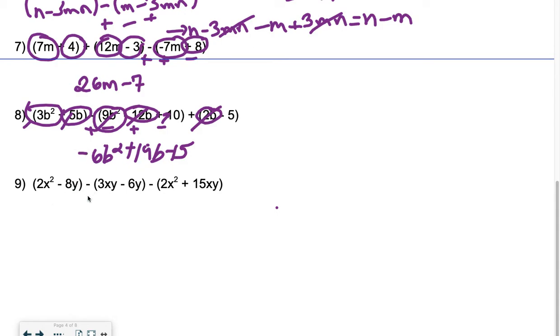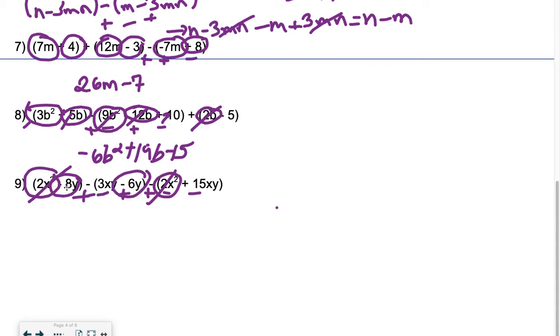This will become plus, so minus plus. This becomes plus, so minus minus. 2x squared minus 2x squared just cancel. This is a minus 8y, I'm sorry for drawing over it, plus 6y, remember it's the new sign, so that's 14y,